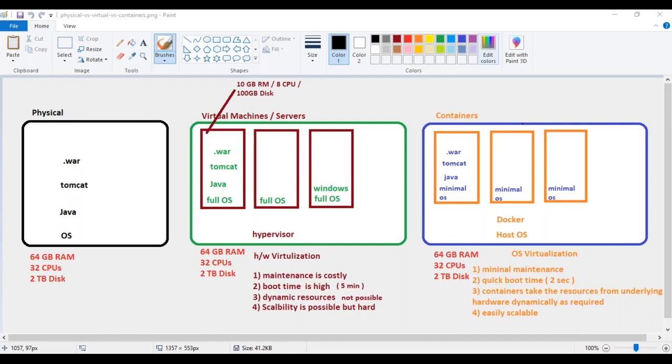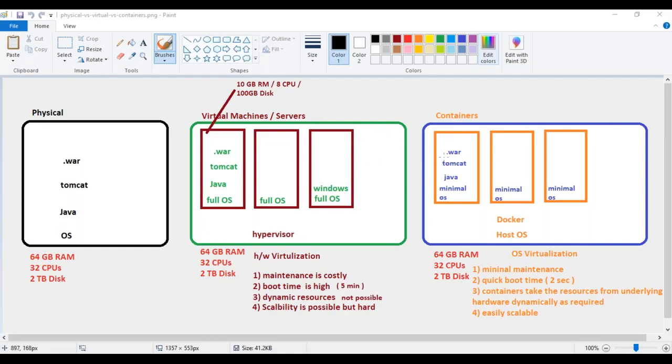A container is nothing but a process that runs on top of a machine, which means you would have a host OS, and the container looks like a virtual machine here, but it is just a process that runs on top of a machine and provides all the features accordingly. So this container can take dynamically whatever resources are required from the underlying hardware. Means we are not restricting any resources for your containers. That is why containers are very good in resource consumption.